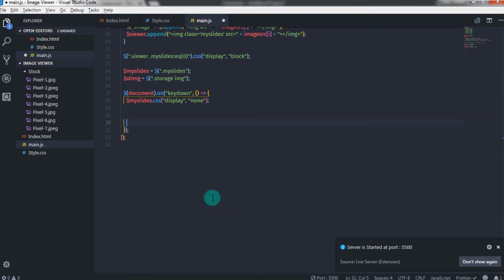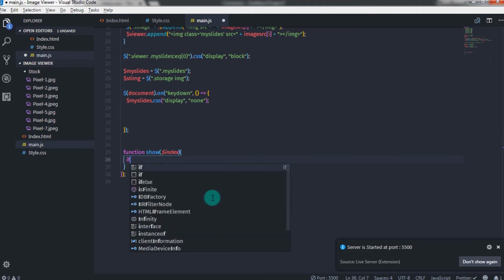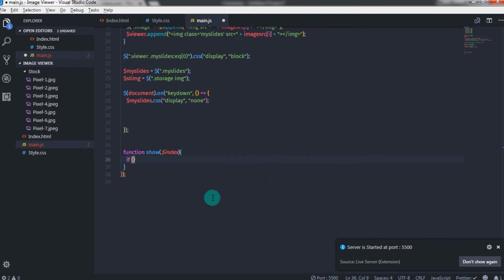Now we wanted to create a function to change the image. So here I will create a function show, and in the parameter I will specify index. Now here I will call the if and else statement. So we will say if event dot